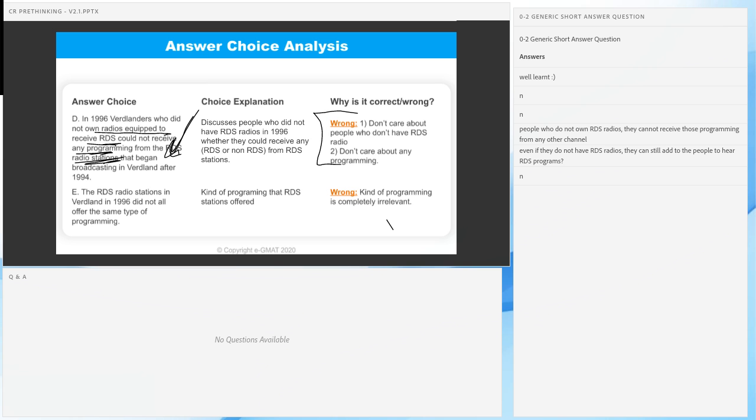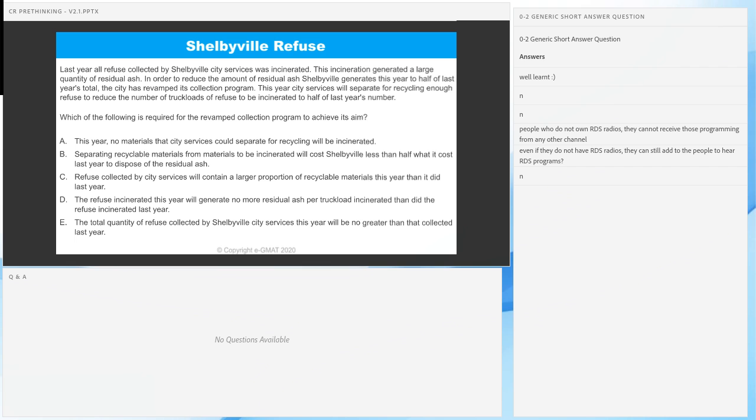Okay. Same type of programming is immaterial. So key thing over here, complex looking argument, but overall, if you focus on understanding the question, and if you focus on translating the answer choices, which are difficult here, into your own words, you're going to find life is fairly easy.